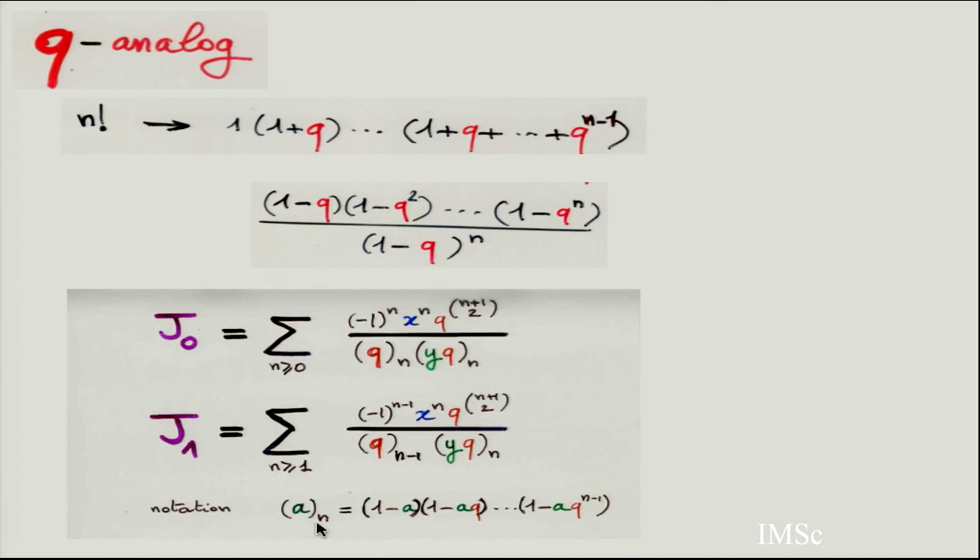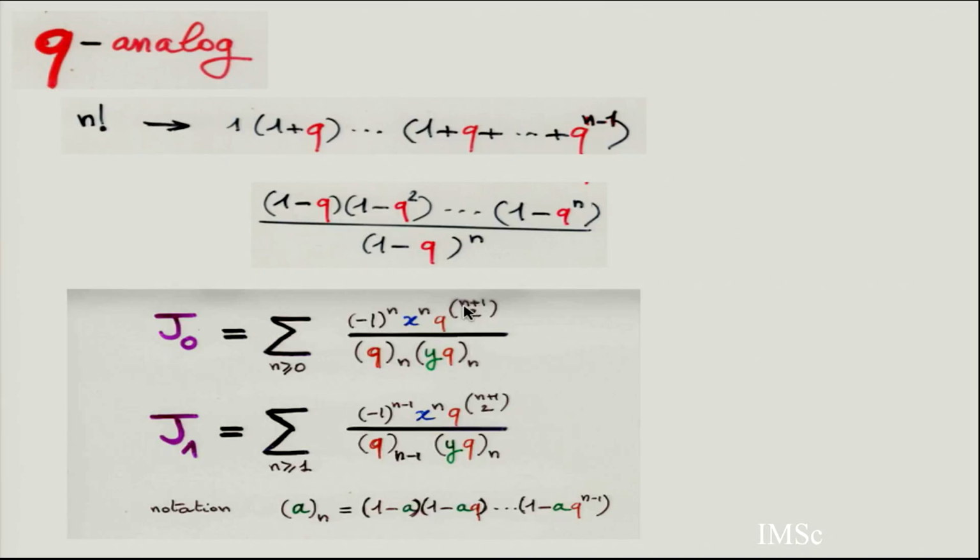It's where q in the x set comes with a y parameter. There is an extra parameter y, where (a; q)_n means (1 minus a)(1 minus aq), etc., up to (1 minus a q to the power n minus 1). So if you put a equal y equal 1, you get the classical q-analog of n factorial. And in the numerator, usually we don't put this for the analog of the Bessel function. Usually people put nothing or put q to the power n squared. And here it's a special q-analog where instead of n squared, you put this coefficient for the q.